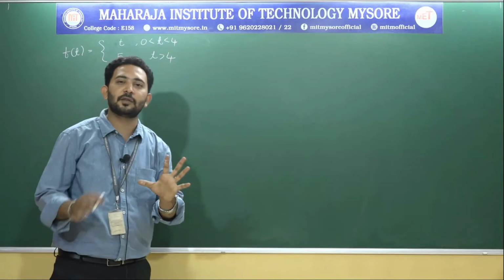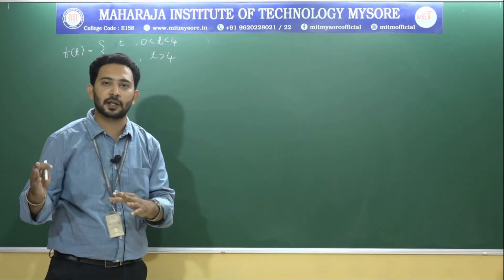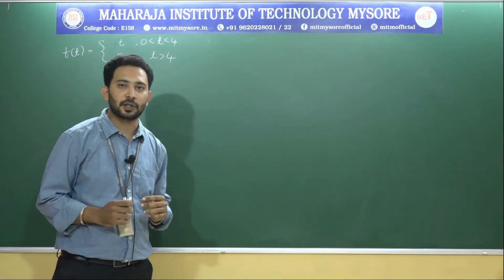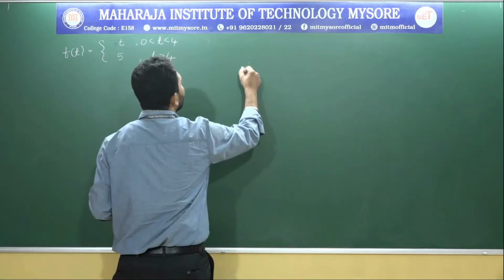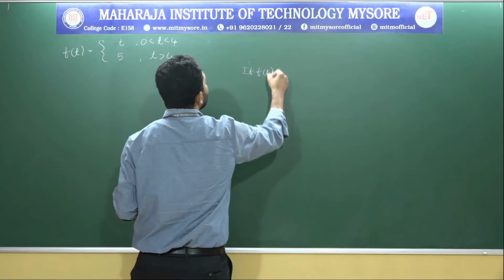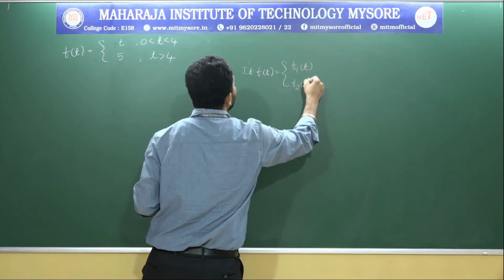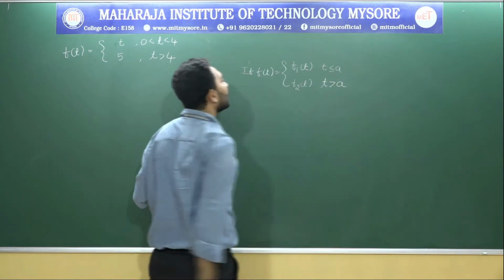So the question will be like this: express the following function in terms of unit step function and hence find its Laplace transformation. For that we require the formula: if f of t equals f1 of t and f2 of t for t less than or equal to a and t greater than a,